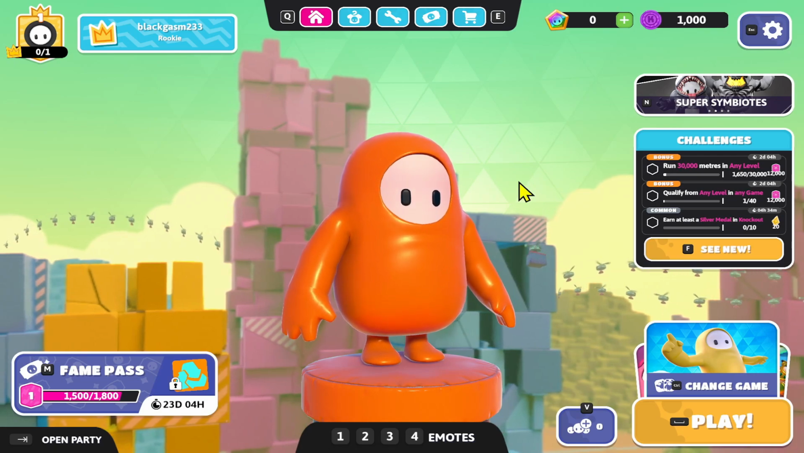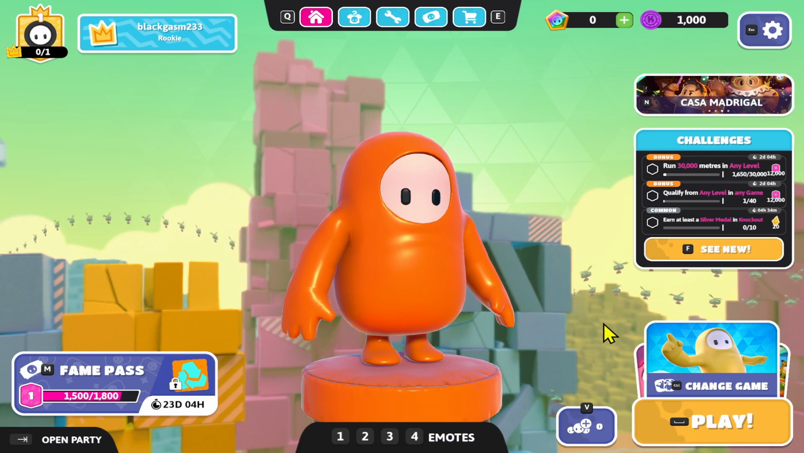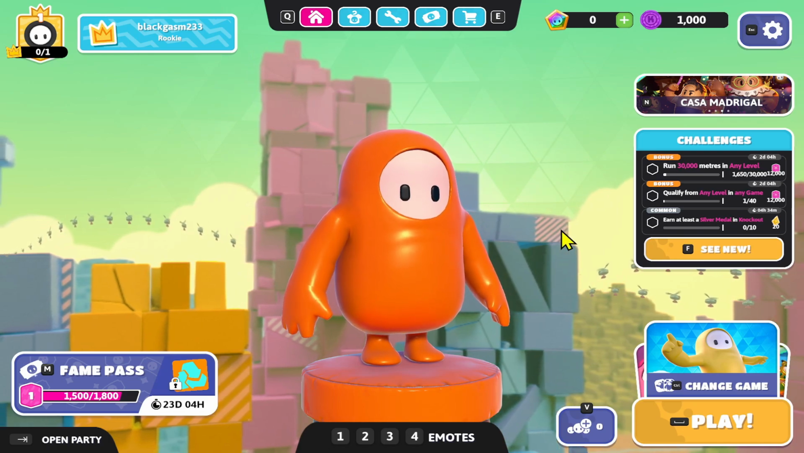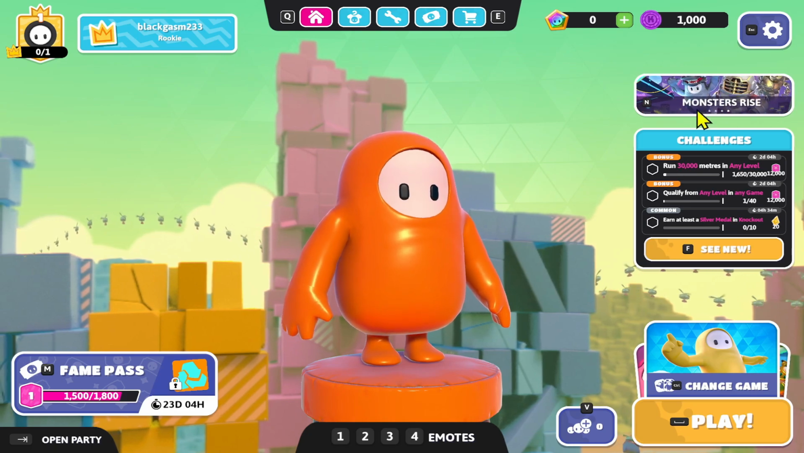First of all, open up the Fall Guys game on your device. And once you open it up, you will see the play button from which you can start playing your games right away. Now, if you wish to change the server within which you are playing the game, just click on